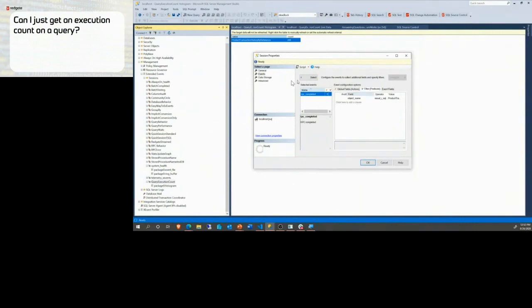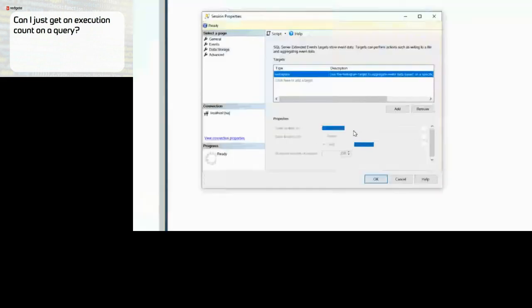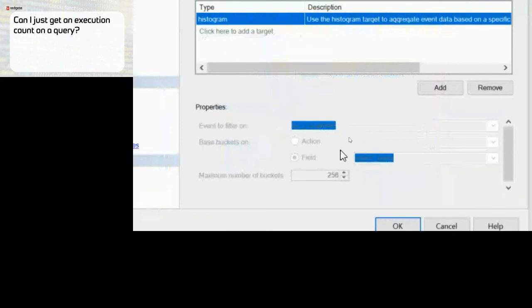Cool. Next up is data storage. In this case, I am using a histogram. Now the histogram is actually hard to read. Didn't check that. That might be a little difficult for you guys to see. So what I'm doing is I'm picking an event. I'm saying, which event do I want to filter on? Well, I'm going to filter on RPC completed. Now I know it's the only event in the session, but I'm filtering on RPC completed, and then I can